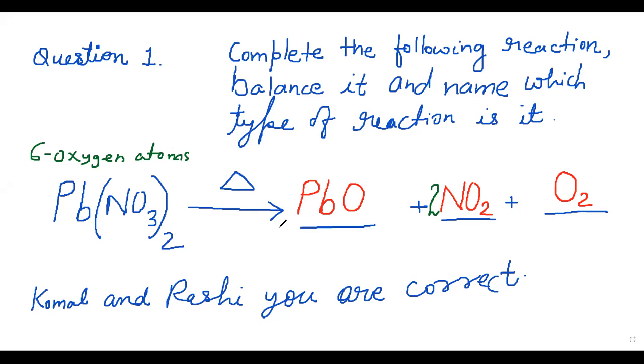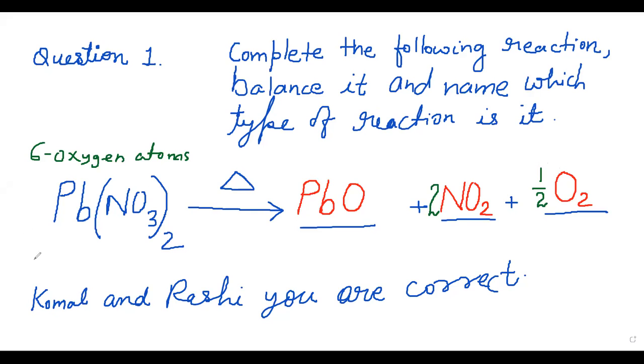So 4 and 6 are there, and 1, 7. What is happening here? 4 oxygen plus 2 oxygen, 6 oxygen, and here 1 oxygen, 7 oxygen. So what we will do? You have to reduce 1 oxygen. So multiply this with half. Now see, 1 oxygen, 5 oxygen, 6 oxygen. But we cannot write half like this. So we multiply throughout with 2.